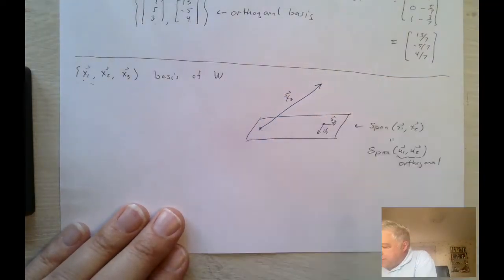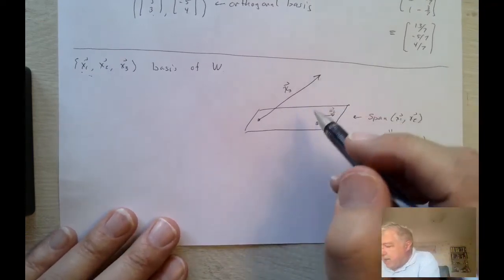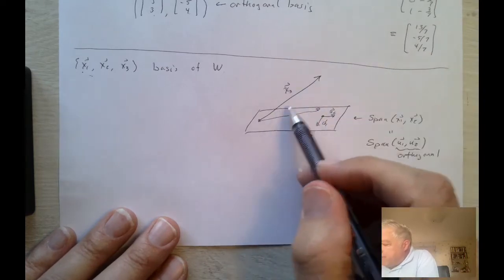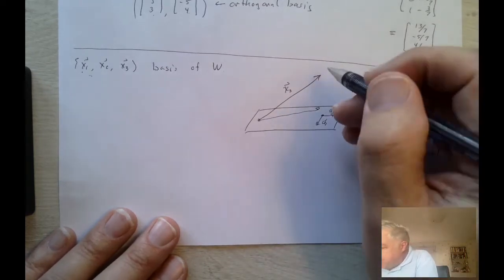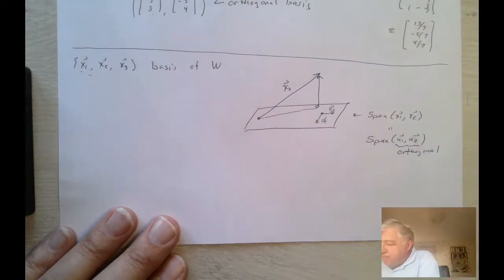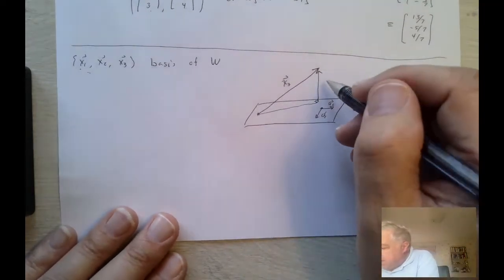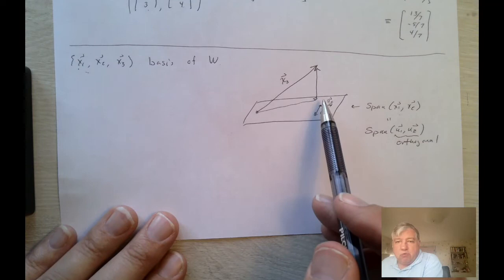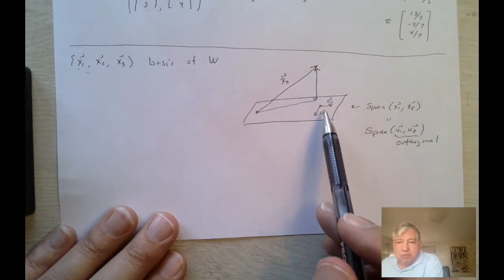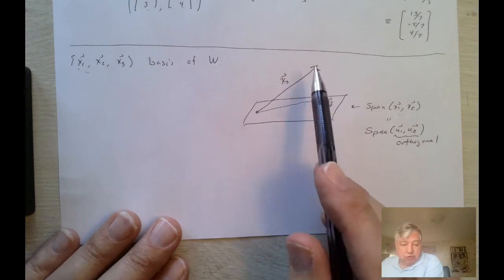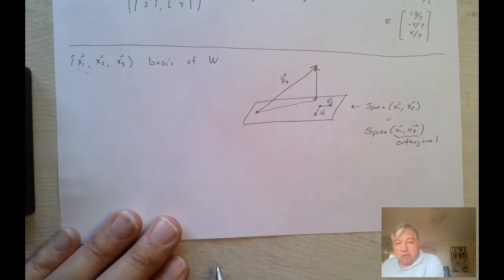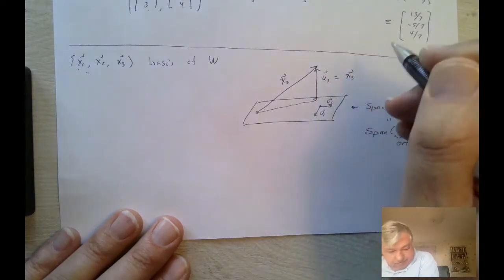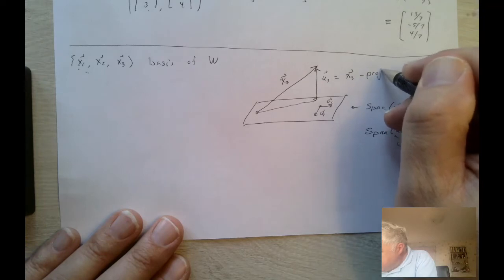If x3 is this vector here, then we can again calculate the projection of x3 into this new subspace, and then we can also find the difference perpendicular to that. So we can take this vector, which will be our u3. This is obviously orthogonal to both of these vectors, and we'll see that they generate the same space. So we'll let this vector be u3, which will be x3 minus the projection of